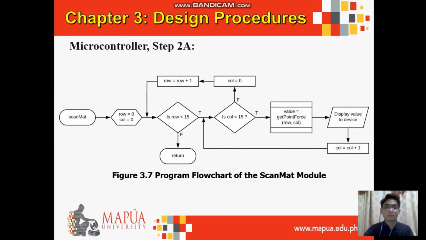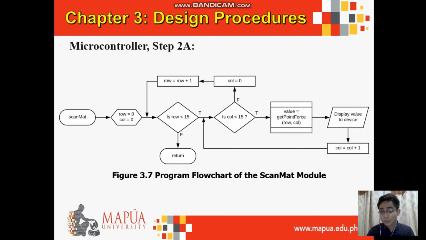the module ScanMat. Here we have the program flow chart of ScanMat. First, it initializes row and col to 0. This ensures that the program starts at the topmost left box of the 15 by 15 matrix. Next, it checks if the row value is less than 15, and if it's true, it then asks if the column value is less than 15. If it's also true,